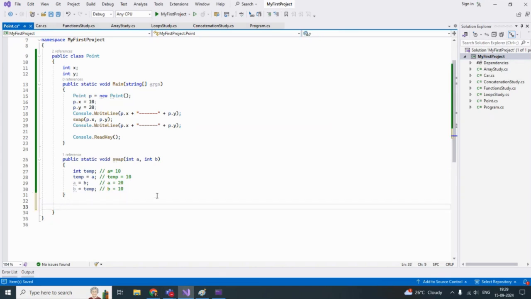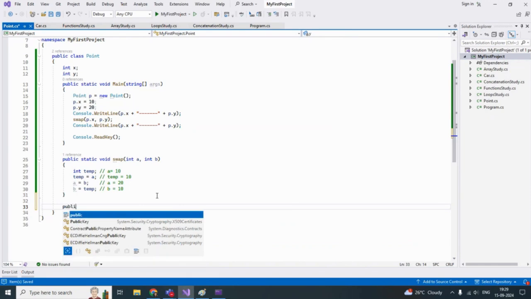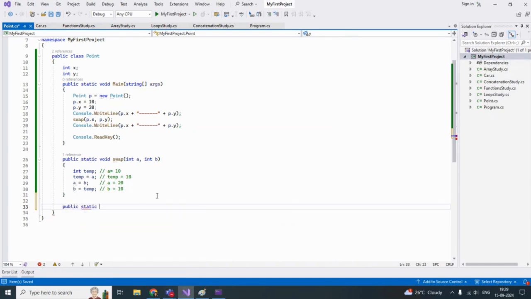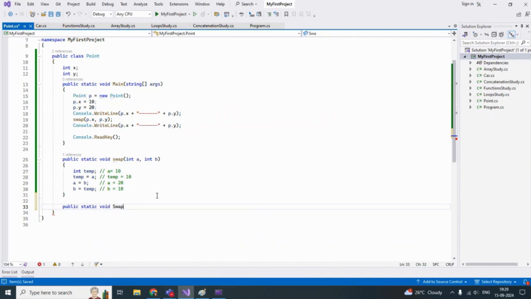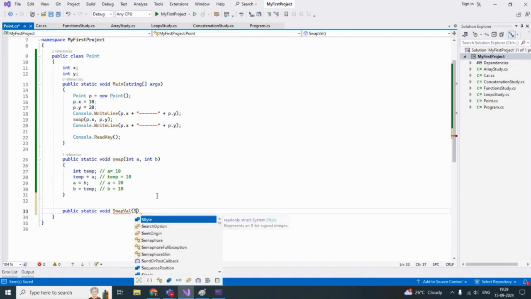Can you see any error? No, I don't see. So we will make one more function, public static void, okay? And I will name it swap val or swap values, whatever name you want. And here I will pass